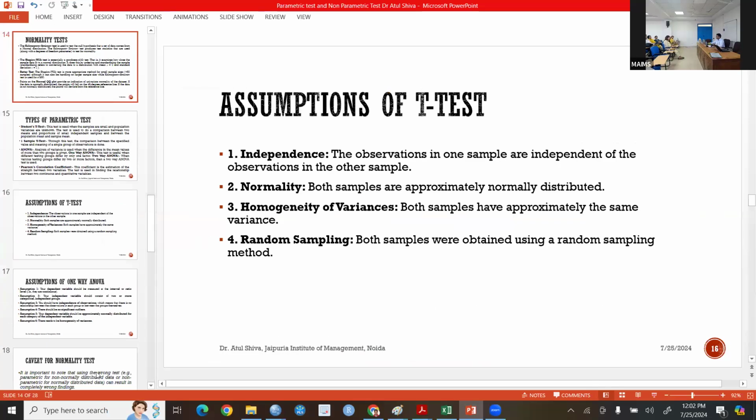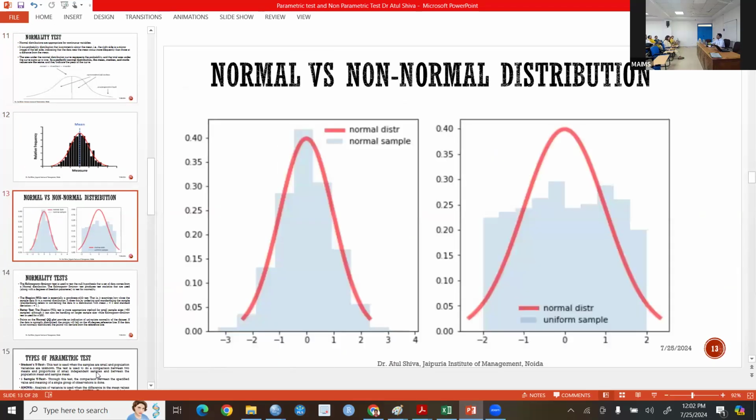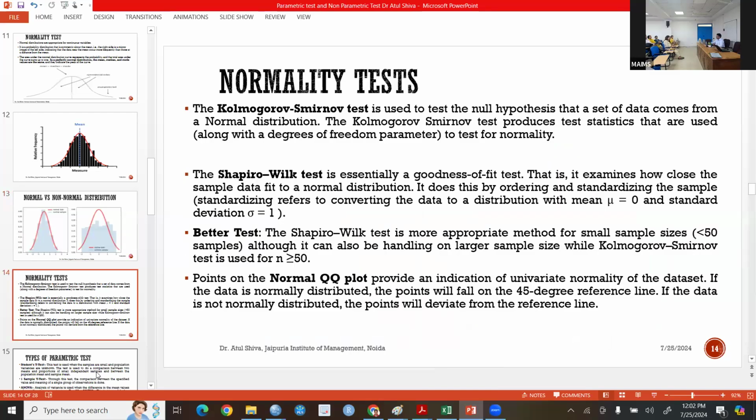In this regard, let us check how somebody can check the normality of the results. These are the tests. Kolmogorov-Smirnov test, the KS test, is one. Shapiro-Wilk test is a goodness of fit test. These are the two tests. And the third is QQ plots, quantile plots. These are the three tests which we have to check on the continuous dependent variable of our sample,